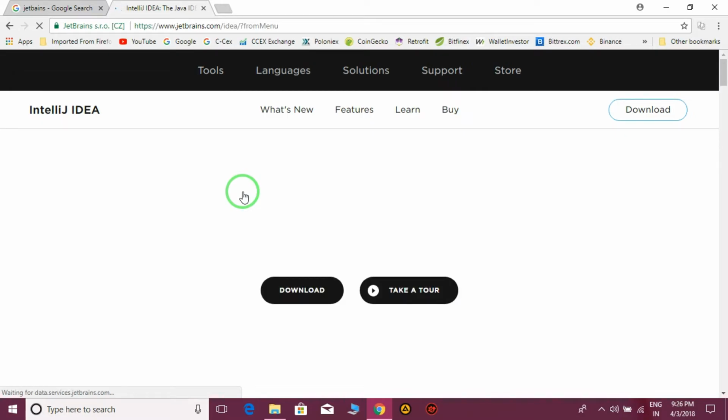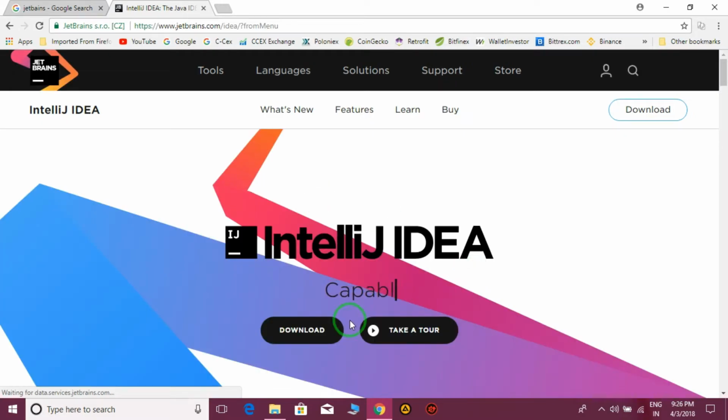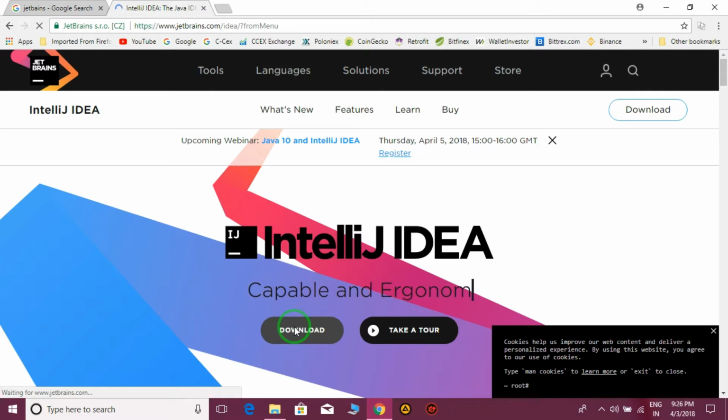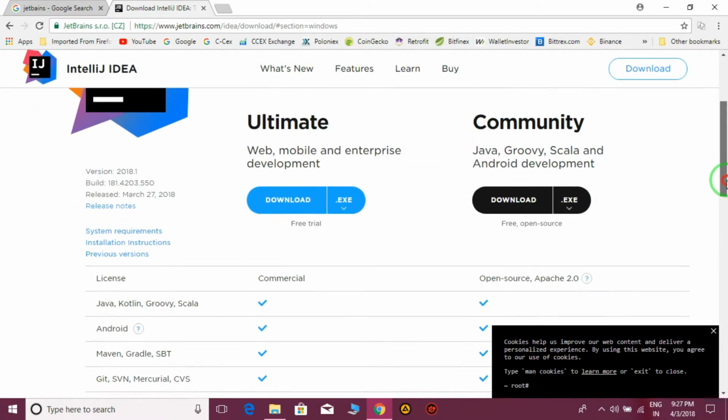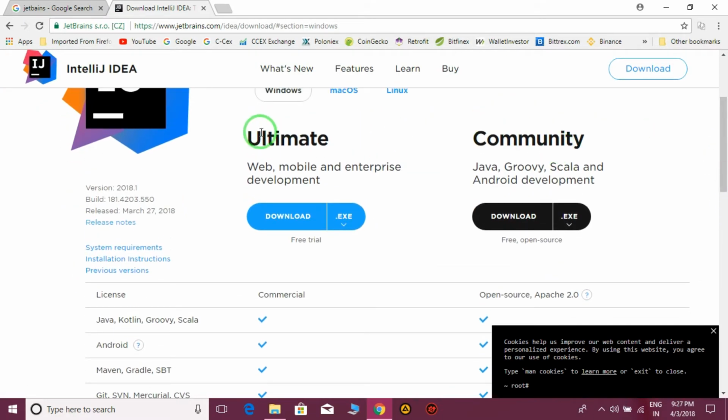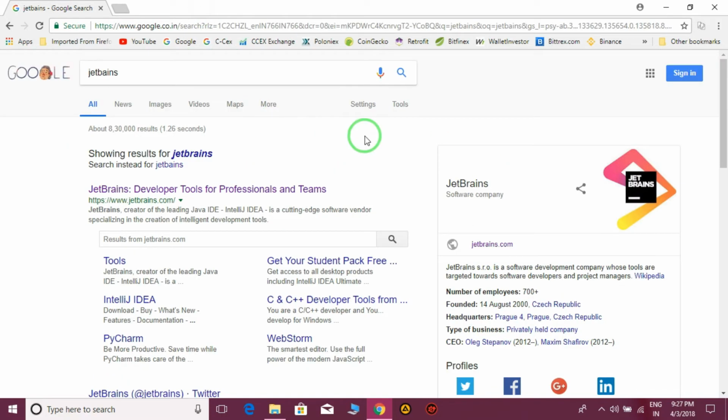Because this is commercial software, we have to download the community edition. It's called the free version. It comes in two types of version, community edition and ultimate. So click on this because it's more than 500 MB. I have already downloaded this. So you click on this and you can download. After downloading this,